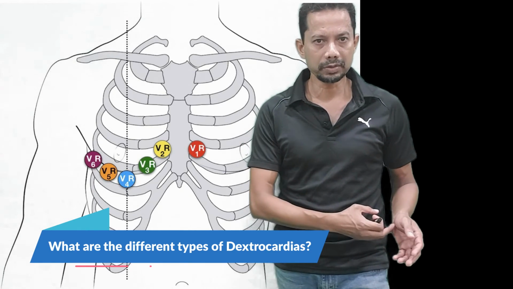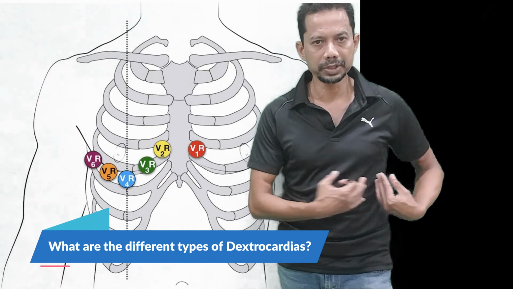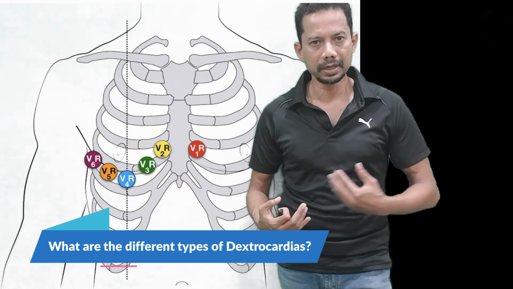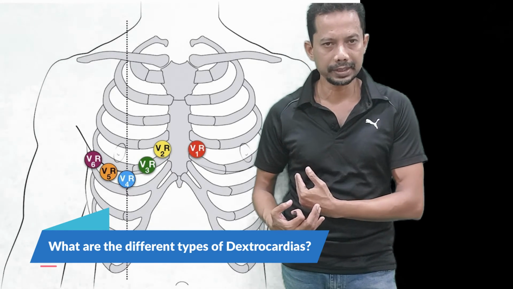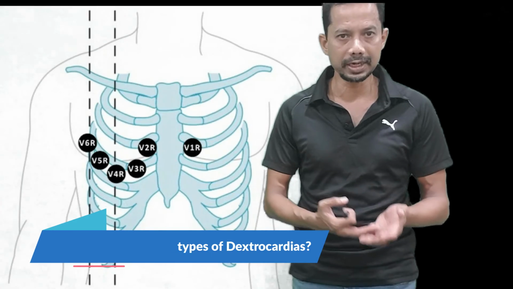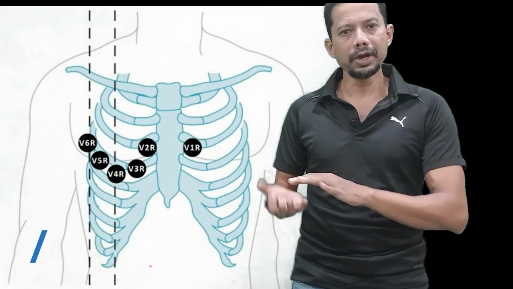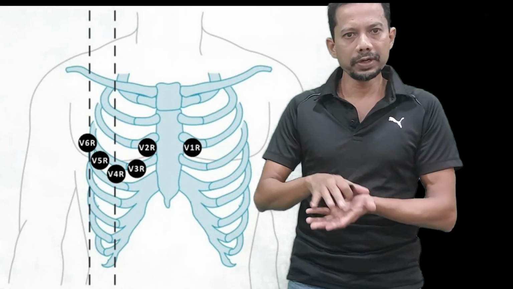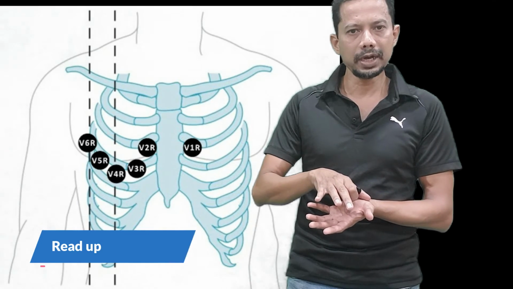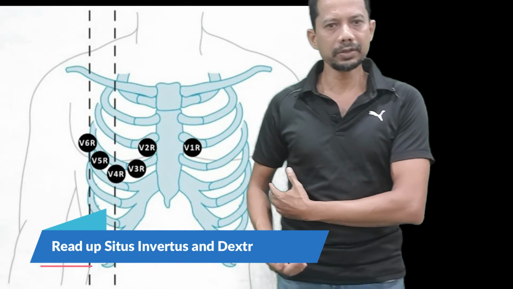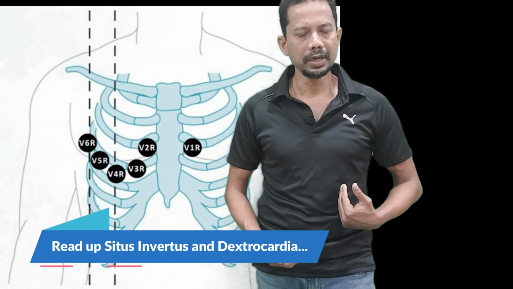There can be a false dextrocardia because of emphysema on the one side pushing the heart to the other side, but inside the left heart is on the left side, right heart is on the right side. That is not a true dextrocardia. Like in situs inversus, where you have a proper inversion, a mirror image of the heart, that is, the left ventricle is on the right side, the right ventricle is on the left side.